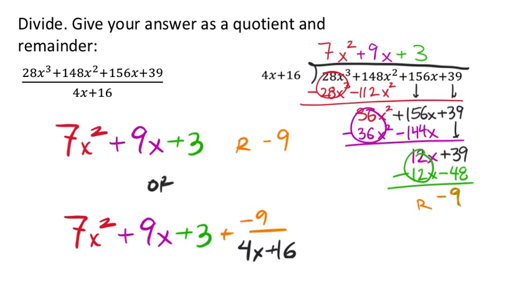So I know this is only our second problem, but you may have noticed that since this was in descending order, our quotient ends up being in descending order. And while this is just an x, we end up just kind of having one less x, one less x, one less x. Wouldn't it be